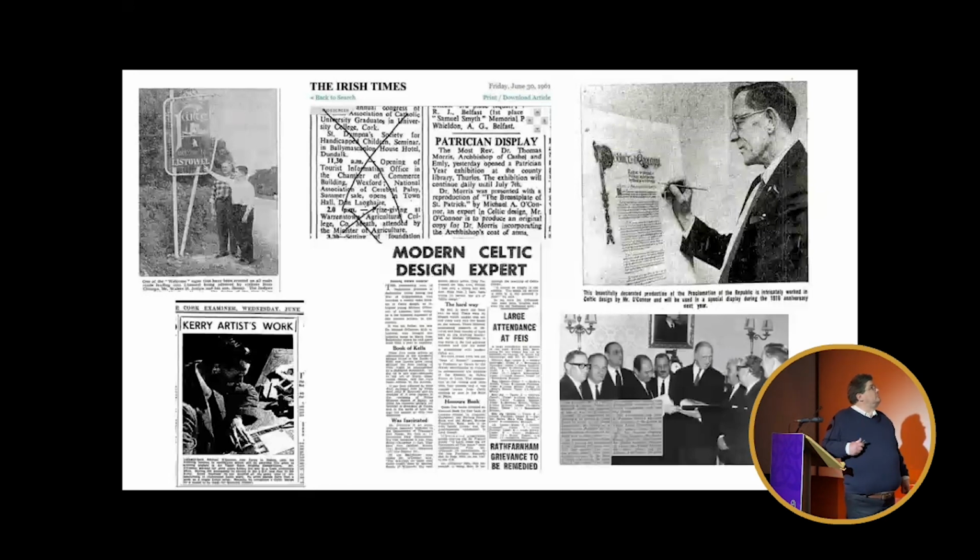At the time, we discovered that he had designed signs for the entry into Listowel. This is a particularly interesting story. I don't know if any of you have heard of Blindboy Boatclub, but I'm sure a few of you have. This is where O'Connor was commissioned to design the carpet for the VIP lounge in Shannon Airport. In 1990, it was being thrown out. And Blindboy's father had saved it from the skip, brought it home and relaid it in his front sitting room. Now, Blindboy runs a podcast with 250,000 people listening, and he wears a plastic bag over his head. So, you know, it's...